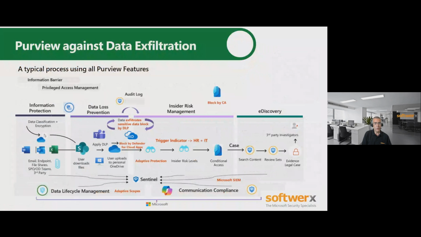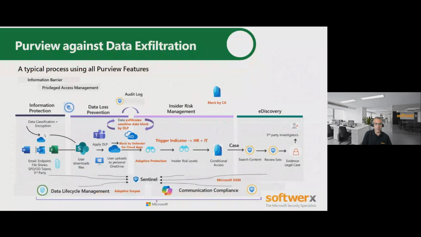So if we move through from the left to the right, you can very much govern your data, label documents, label file shares, label endpoint documents on workstations. Then we can apply our data loss policies to stop us from uploading data potentially to a cloud application. So for example, by leveraging Defender for Cloud Apps that's integrated into your Purview and your DLP session,